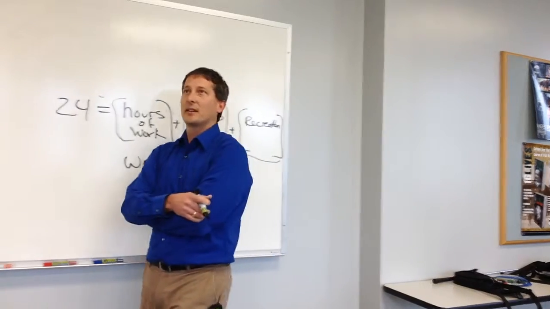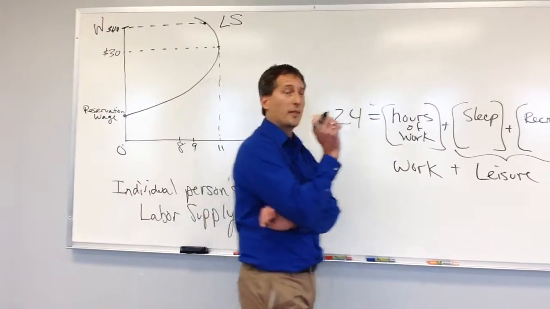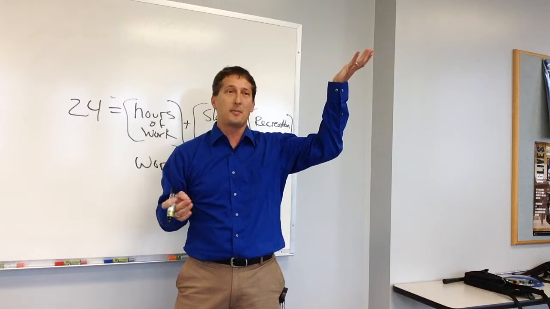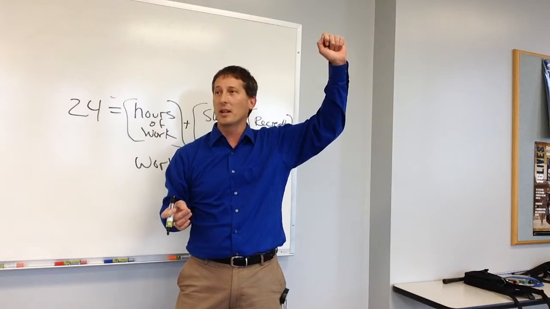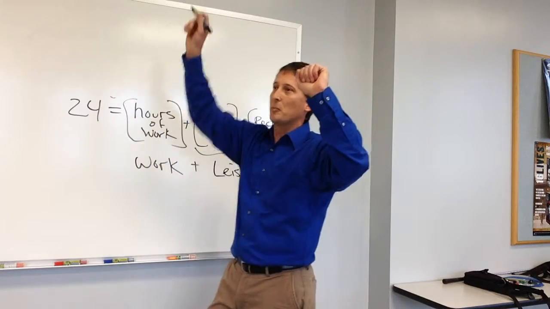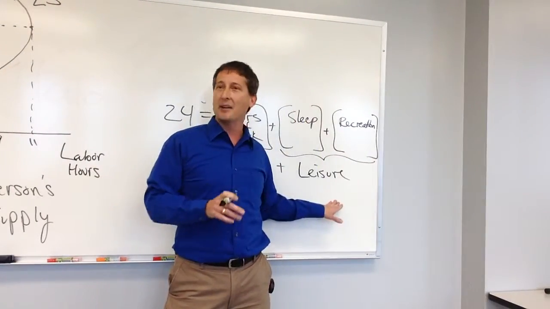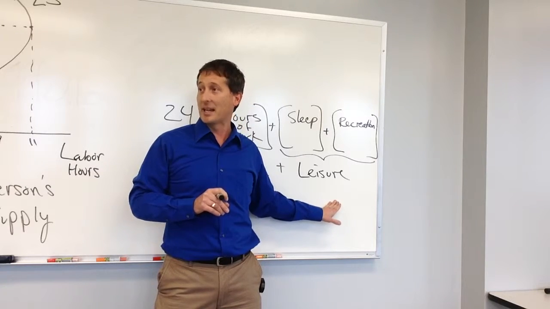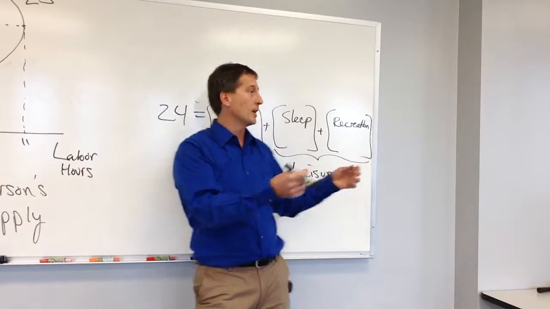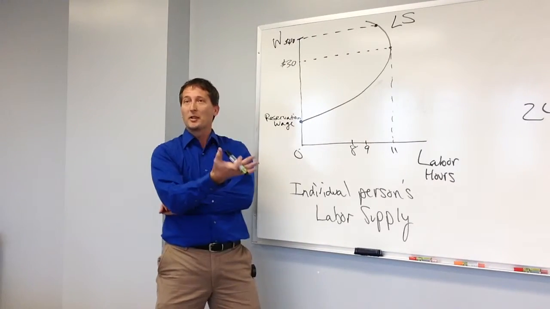Okay, as price, is it price, first of all? It's income. So with price, we're on the demand curve. But with income, as income goes up, what do you do with normal goods? Buy more or less of them? More. So as your income goes up, you buy more normal goods. Is leisure a good or a bad for you? Do you like leisure, right? So the more income you have, the more of that good you'd like to consume. So as we increase our income, we'd like to consume more leisure.